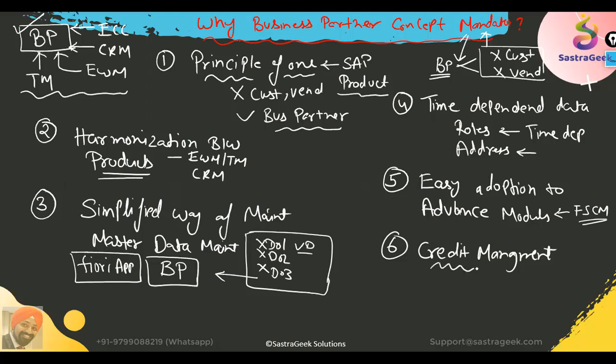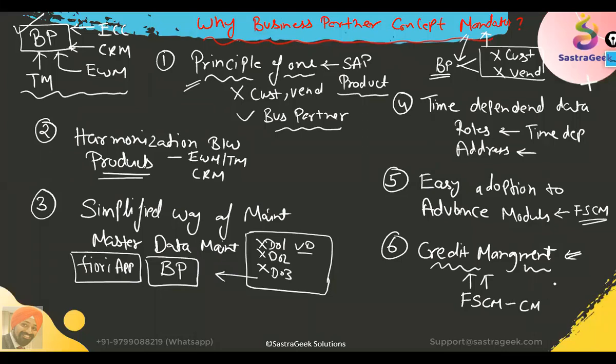Credit management is also simplified, and the reason is the same: the principle of one. With the principle of one, there are multiple ways to handle credit management. One way is the finance way. Another way is that we can handle credit management through sales. So we can do it through sales credit management, or for finance, through FSCM. With the principle of one, credit management has been simplified, and now we need to go through FSCM